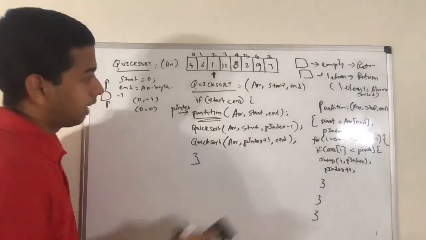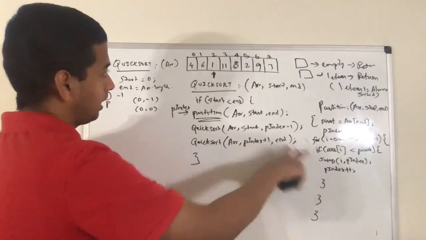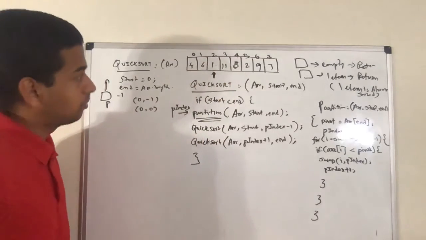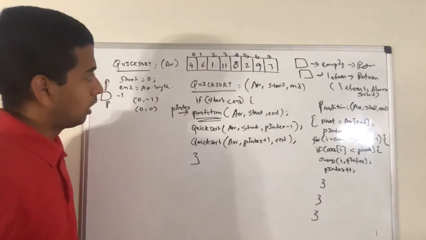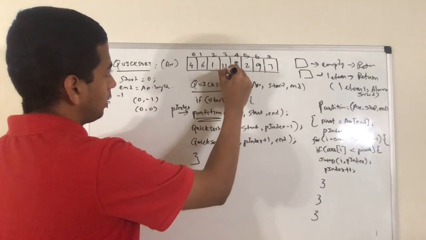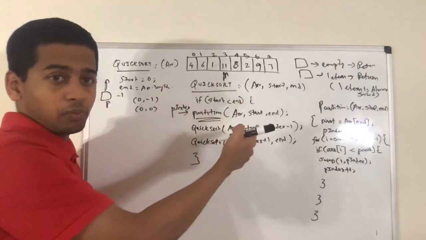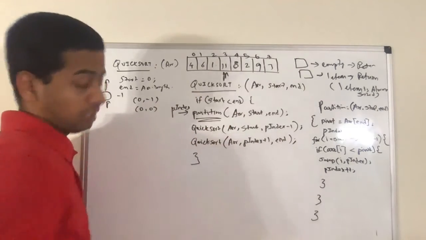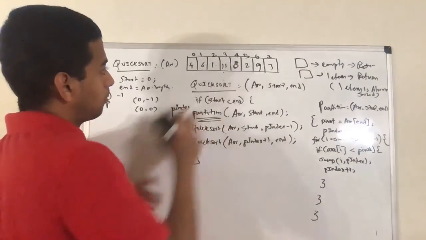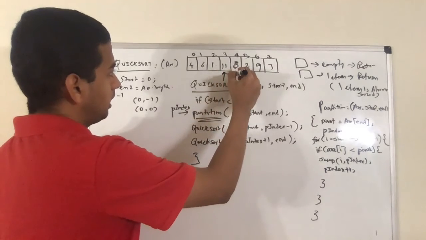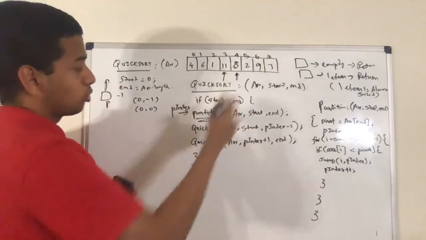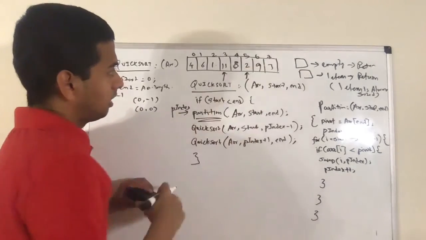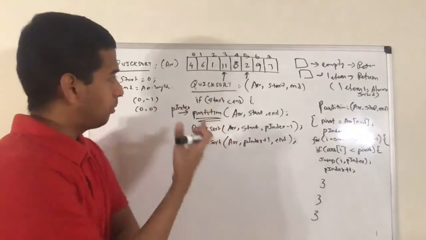Ideally the partition index will not move ahead. So I and partition index are here, so this will get swapped. Now I and partition index are here. Now this value is greater than pivot, so I will just simply move on to the next one, but I will not increment the p index. So the pivot index is here, but the I is here. So I is 8, 8 is also bigger, so I will not do anything. Simply I'll move to the right element in the array.